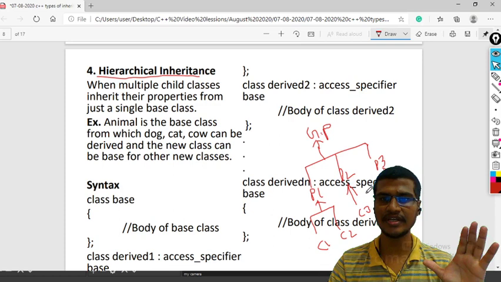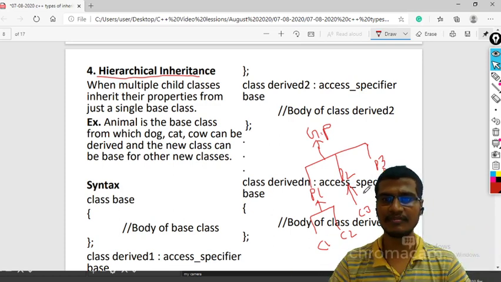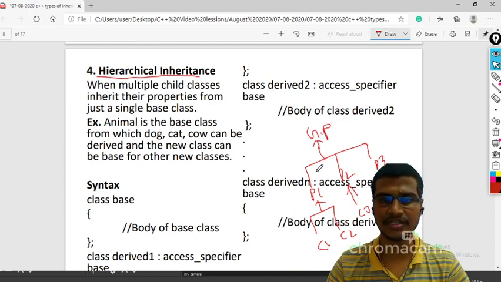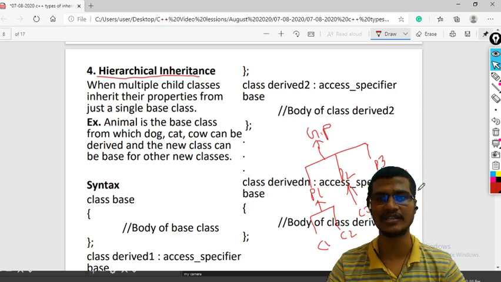So whenever there is hierarchical inheritance, you have to remember your normal general hierarchy, in which we have the grandparent. From this grandparent we can have sub parents. These are the three parents, and from parent 1 I can have two children, parent 2 one child, and parent 3 can have three children, or parent 3 may not have children also.